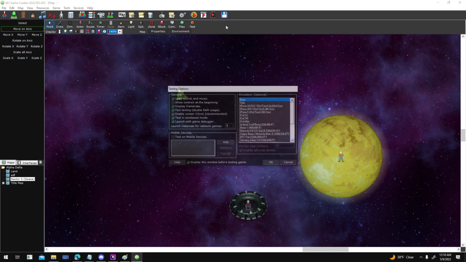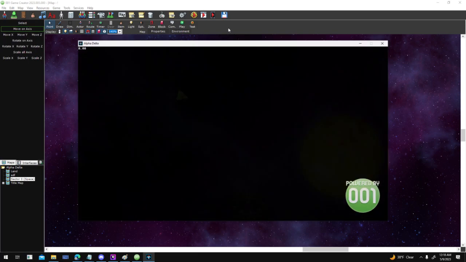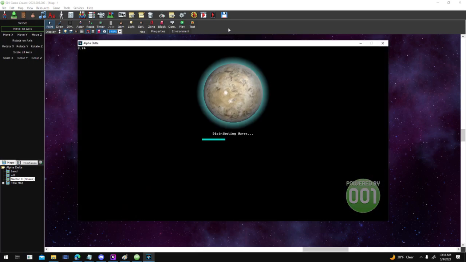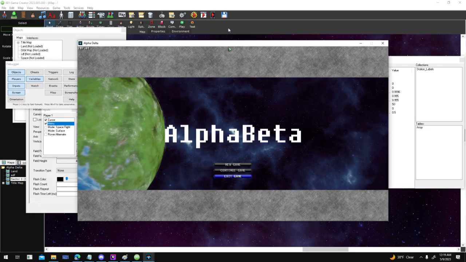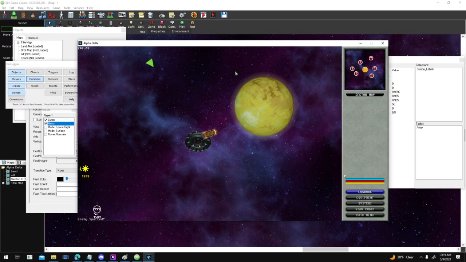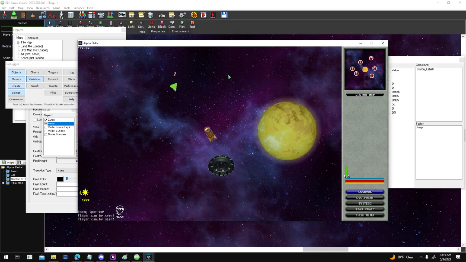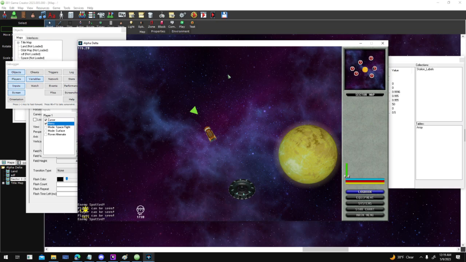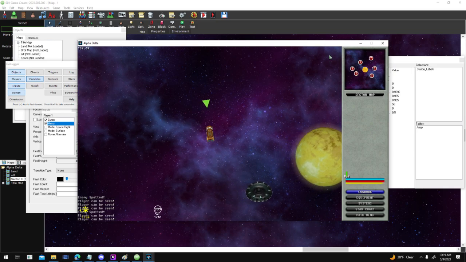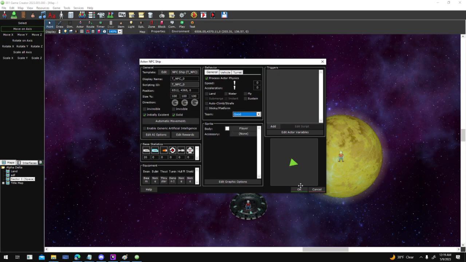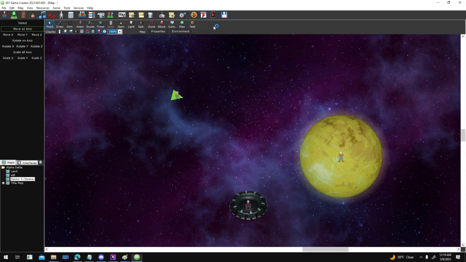Let me see. Because if this guy's set to good, I should be able to fly through him. But if he's not set to good, he's considered solid. So I can already shoot him. That'll make me his target. And if he's neutral, I can still hit him. But let's go back in here and set him to good. So now that both the player and the ship are good,